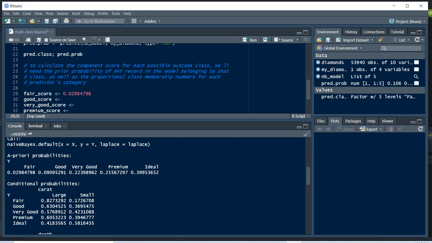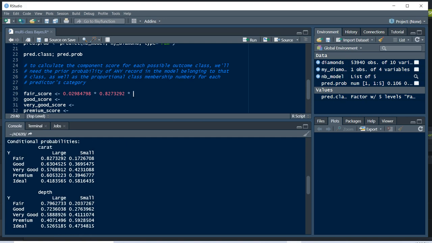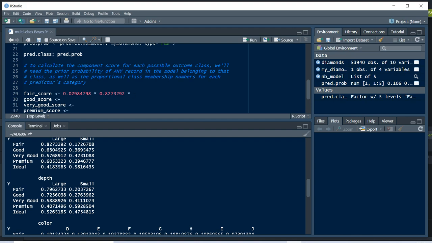What this is really telling us is that, given that a diamond had a fair cut, what is the probability that it was large? That's what that number really means right there. And that value associated with large is going to be used as part of our calculation. So I am going to multiply right here, and we're going to keep going because we do have 3 other predictors to think about. I'll put those numbers in, and rather than explain the whole thing every time as I go,